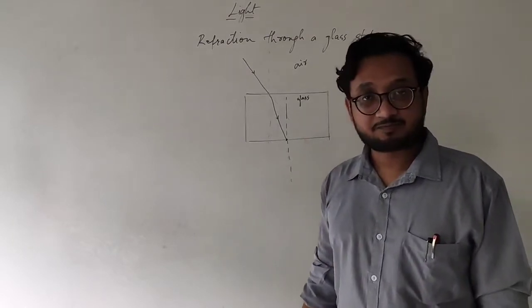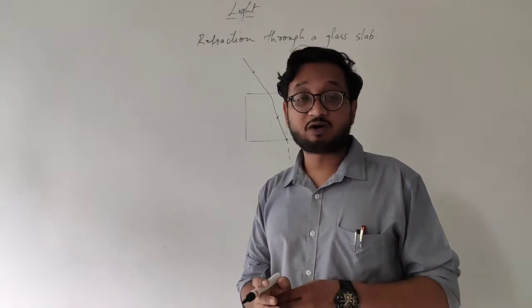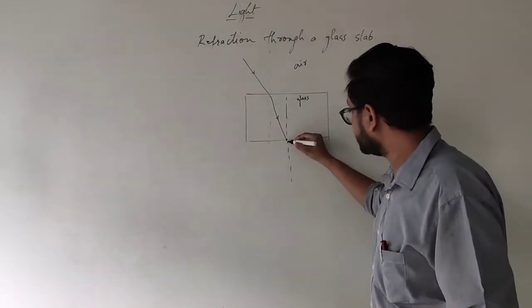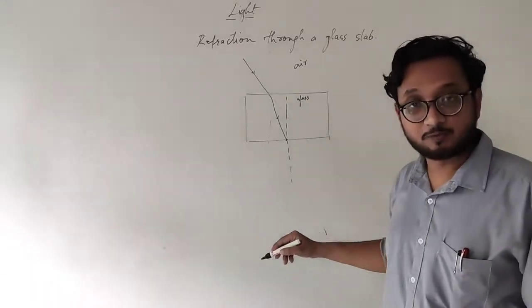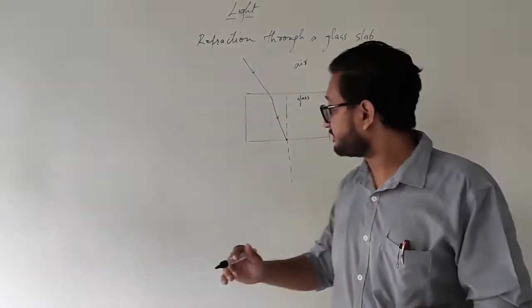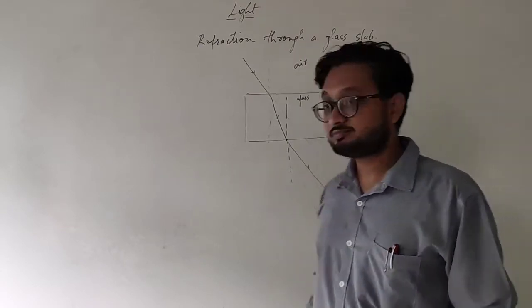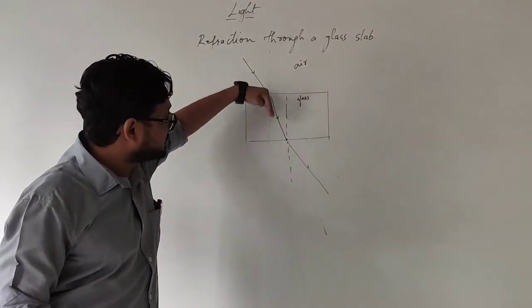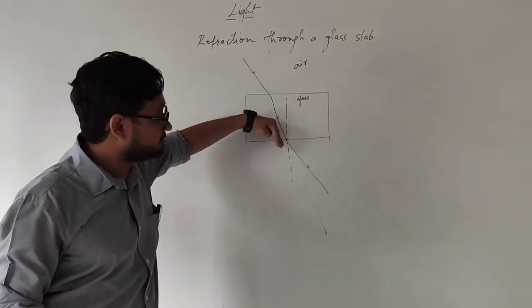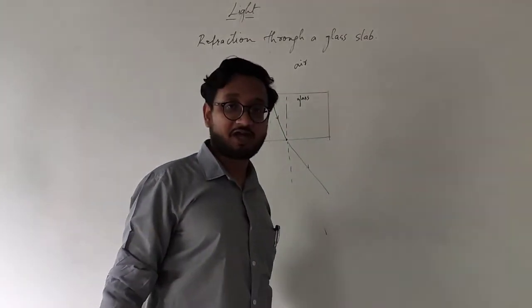Now because this is entering from a denser to a rarer medium, it will move away from the normal. If you look at this, this was the original path where this ray of light was supposed to go. But now it will move away from the normal, so it will go like this. So the ray of light enters, bends towards the normal, goes this way, then bends and changes its path away from the normal and goes that way.